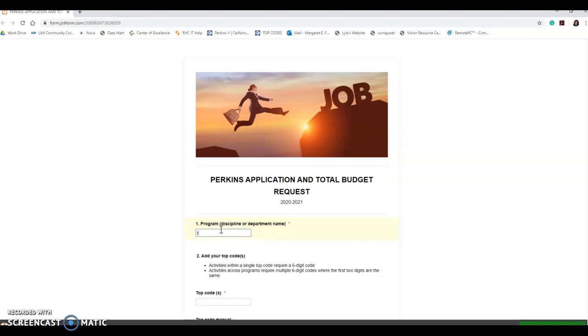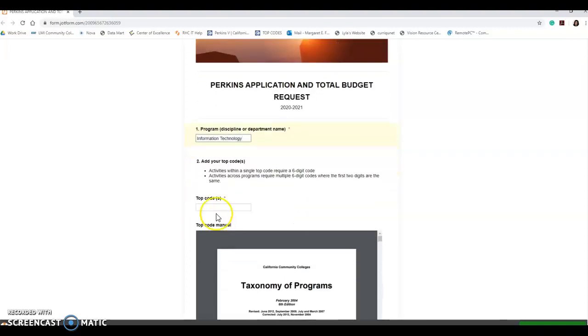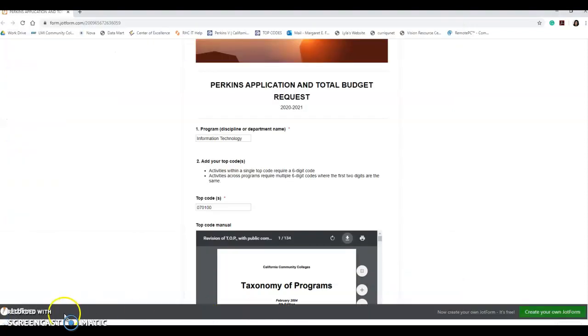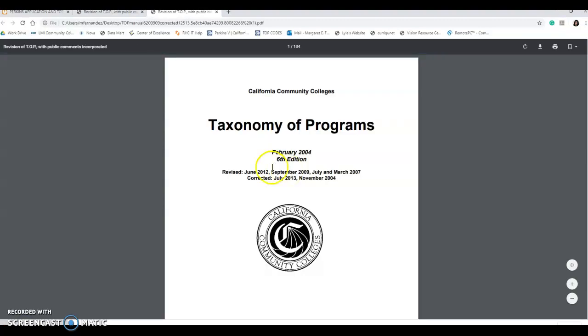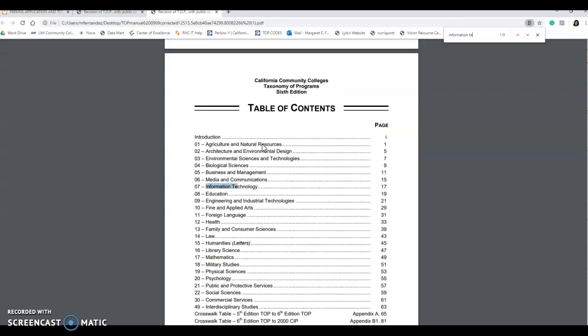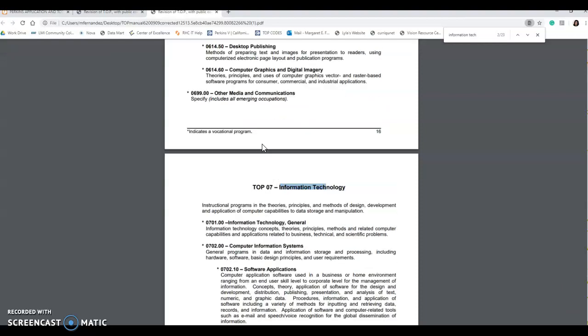First, I'm going to enter the program name, self-explanatory. Next thing is I'm going to enter the TOP code. Now if you don't know your TOP code, I've included the TOP code manual here. You would just hover over the TOP, download, open the manual, click in the manual, Control F, and enter your keywords,